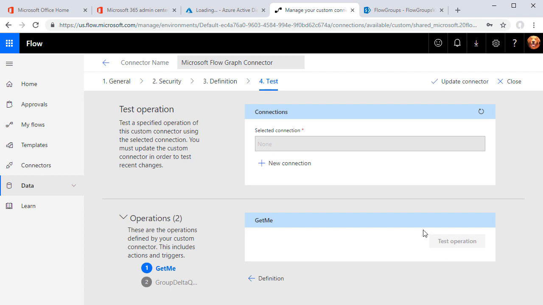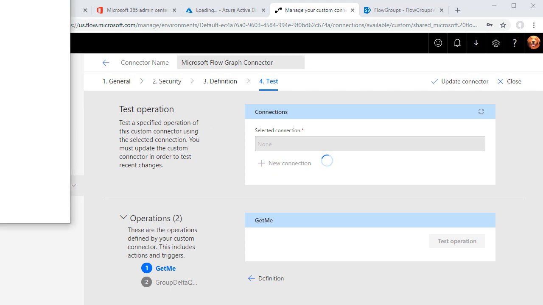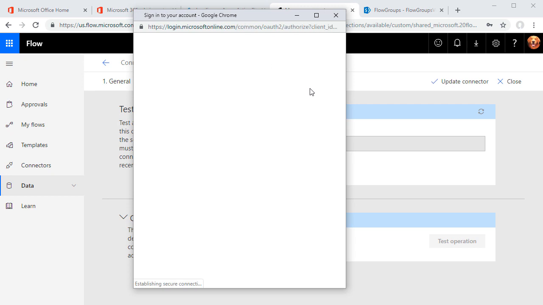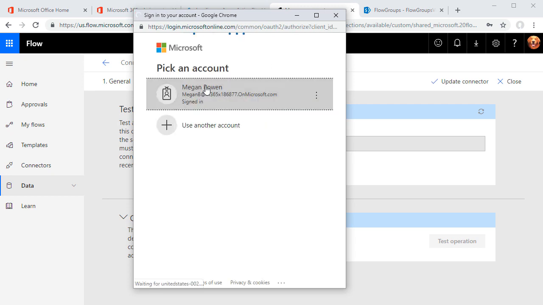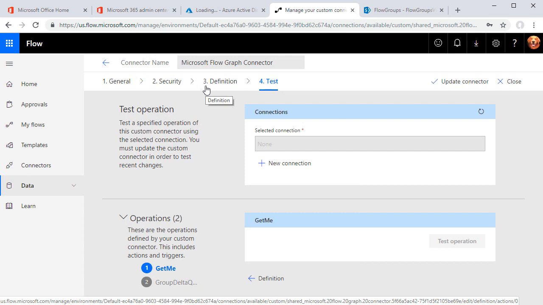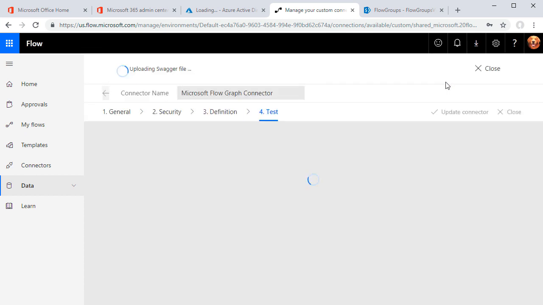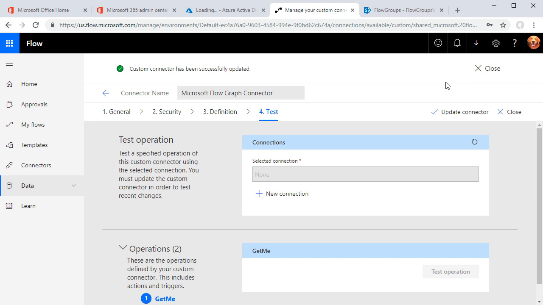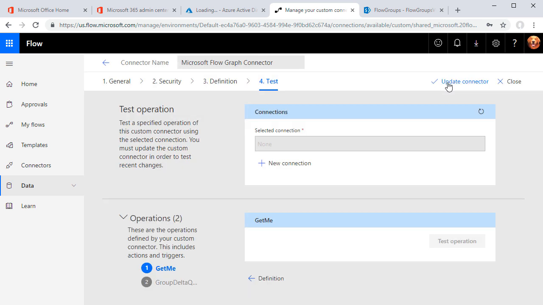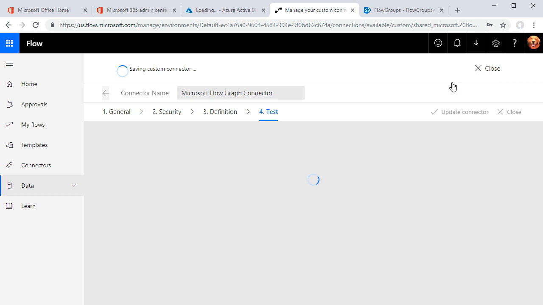I'm going to choose Test, and you'll notice it says no connection. Well, let's fix that. I'm going to choose New Connection, and it's going to authenticate me. So I'll choose Megan's account, and you'll notice nothing happened. So let's choose Update Connector. Still nothing's happening. So click refresh, and if it doesn't work, click refresh again. Okay, since it's not working here and I want you to see the troubleshooting that happens, I'm going to choose Update Connector one last time,